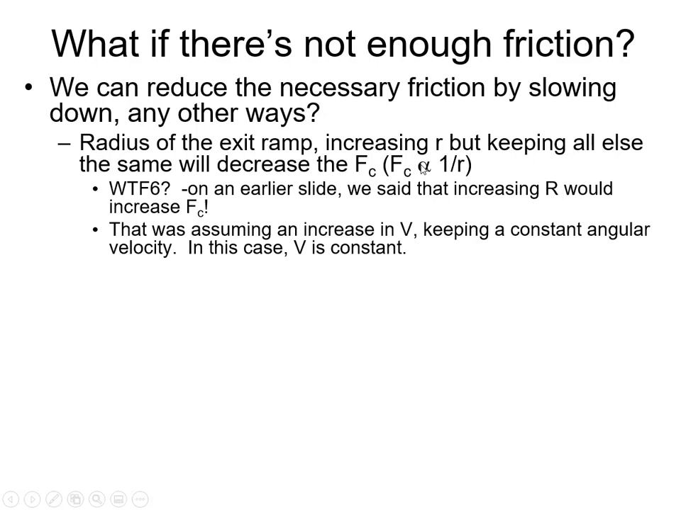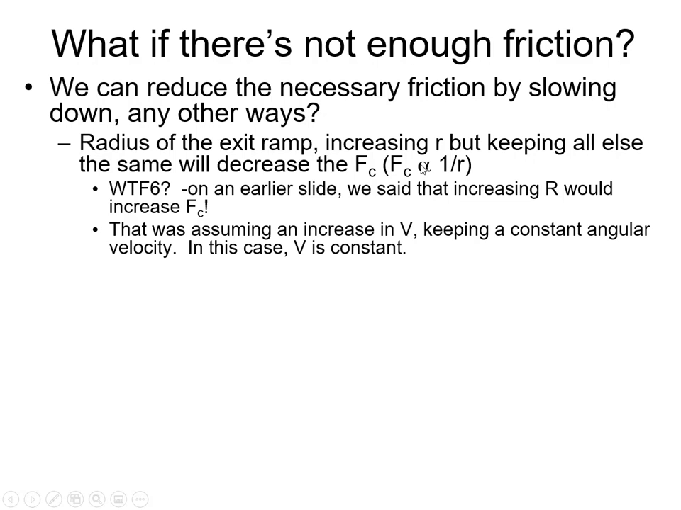That was for the turntable. That was for objects going around on a spinning rigid object. In other words, that's when we had a constant angular velocity. And the farther out we were, we had a larger tangential velocity. In this case, what we're talking about here, if we have the